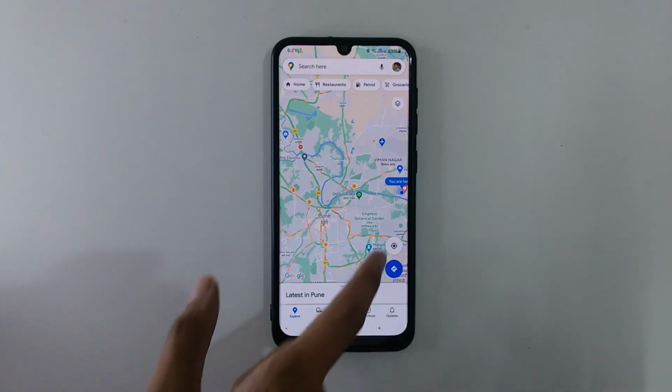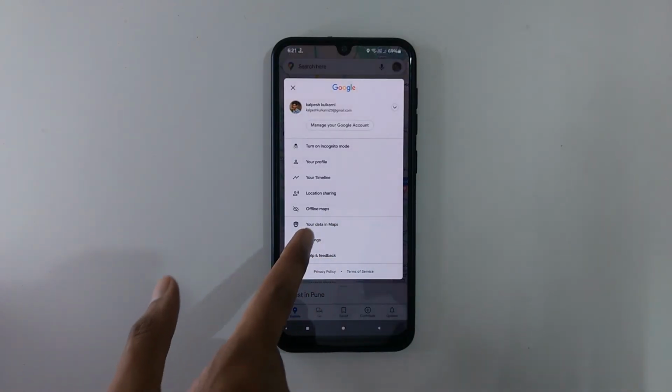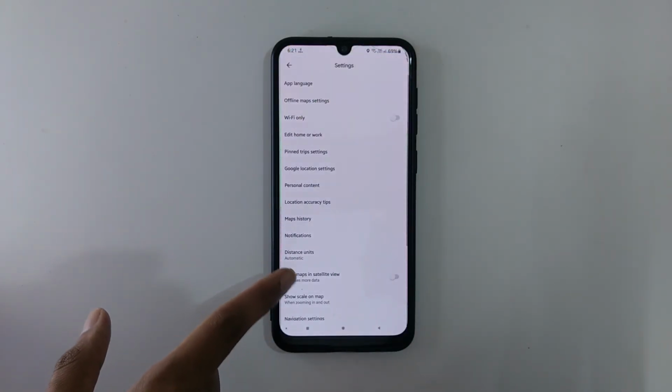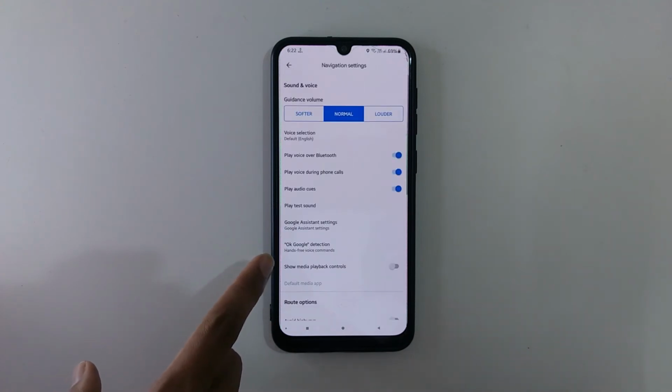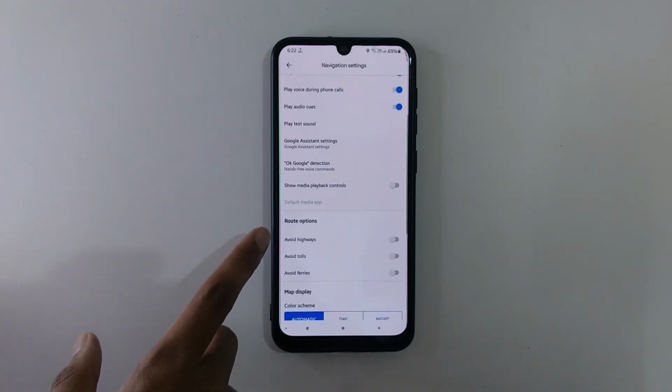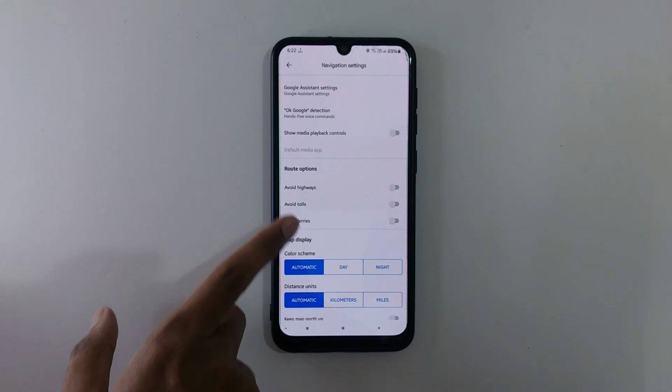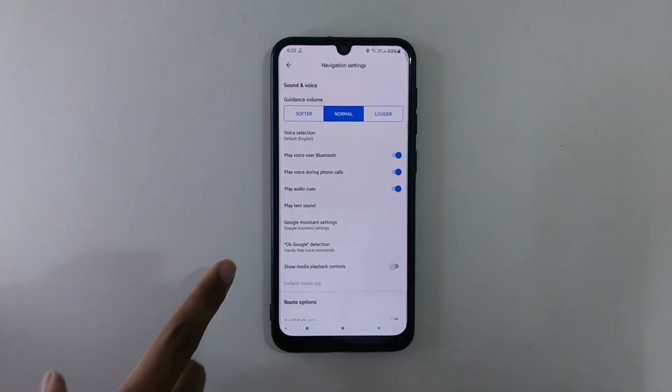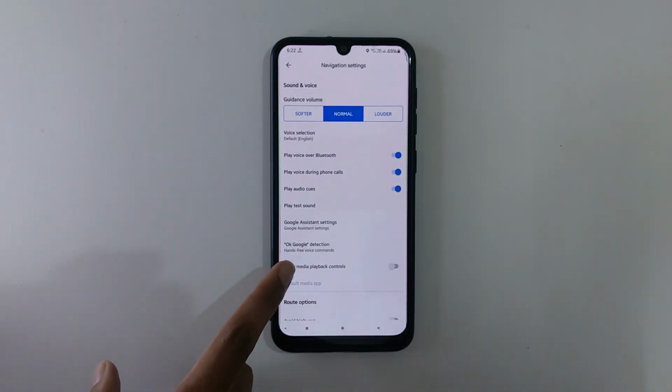If you've always got Google Maps navigation open while you're driving or walking, you can add music to your trip without leaving the app. Sync music apps such as Spotify or Apple Music by opening the menu and navigating to Settings, Navigation, and then either Music Playback Controls on iOS or Show Media Playback Controls on Android to sync a